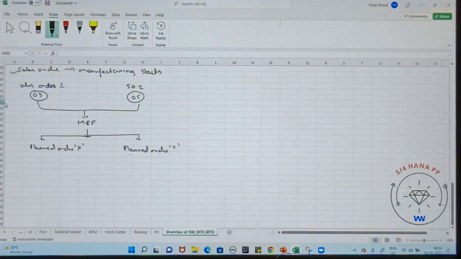So the next thing we have to do is convert this planned order to a production order. Okay, now we will be doing the production order. This production order will be created for this planned order, and another production order will be created for another planned order separately. Once the production activity is done, we will be doing the goods receipt